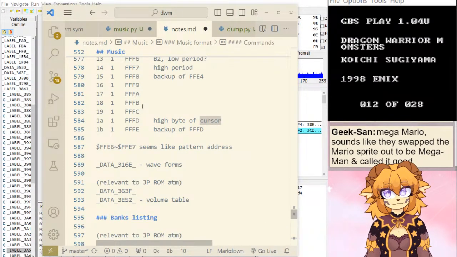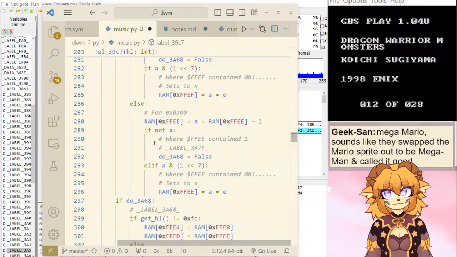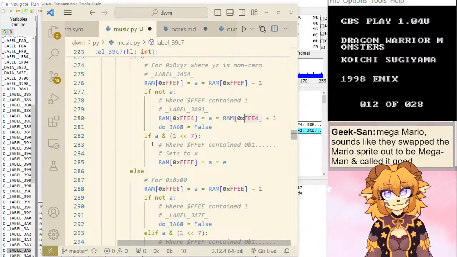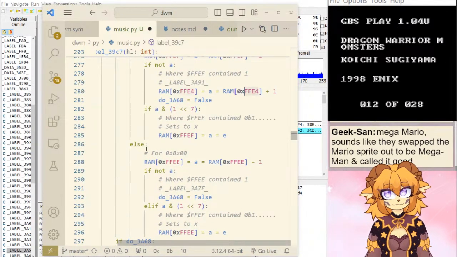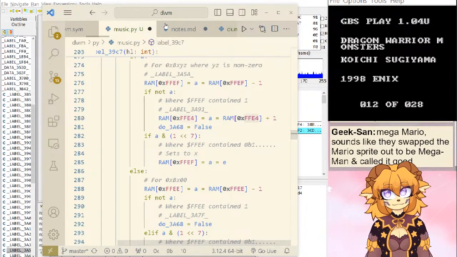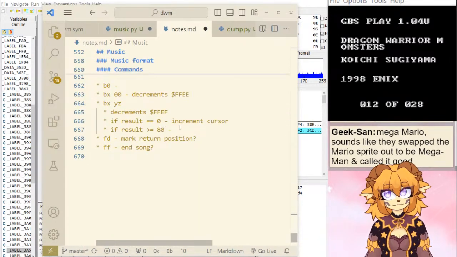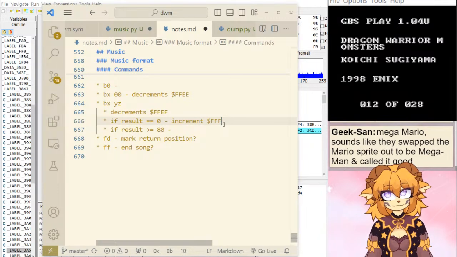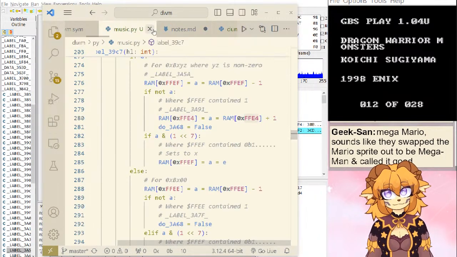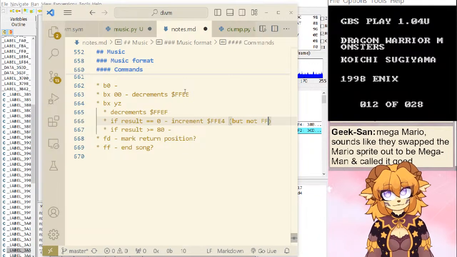FFFD. Yeah, it doesn't touch FFFD. So FF, I already forgot, E4, not FF.